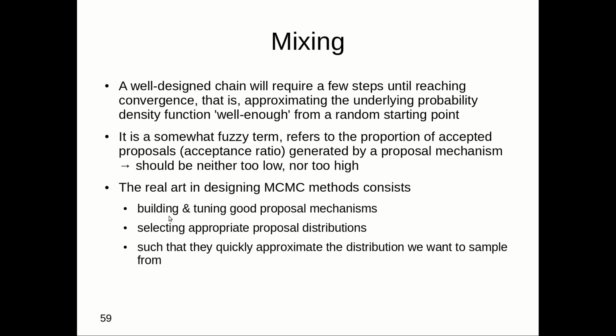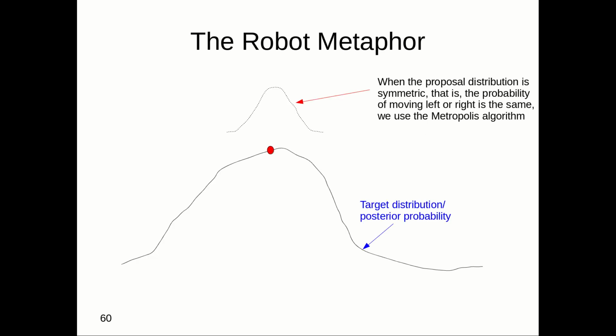So this means that you have to select appropriate proposal distributions in such a way that they quickly approximate the distributions we want to sample. And of course, unlike in our very simple robot metaphor, where we just move to the right or to the left, you have many more choices in the ways you can design possible moves, and we're going to see that later on. So there's typically not only one type of move that you can do. Okay,